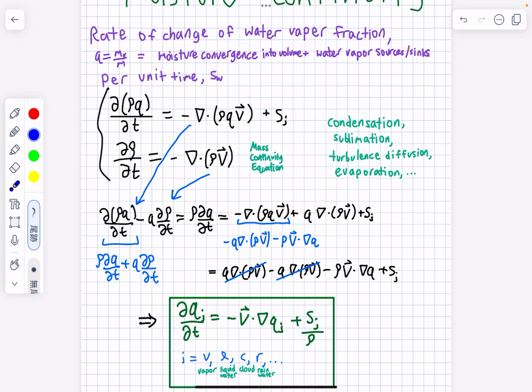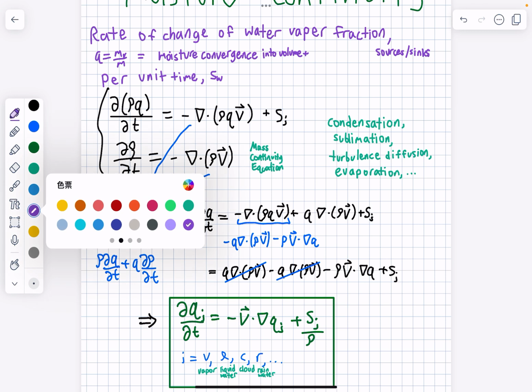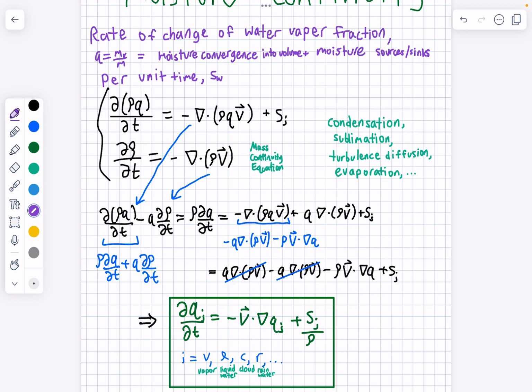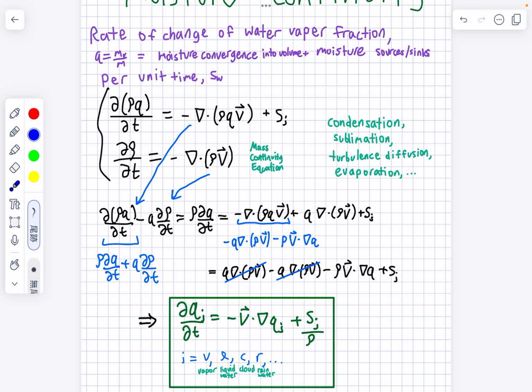So to get started, we know that the rate of change of water vapor fraction is equal to the moisture conversions into a volume plus any moisture sources or sinks, sorry, not necessarily water vapor. So it's moisture sources or sinks. And so if you remember, negative divergence is called convergence. And that's per unit time. So what we've written here is